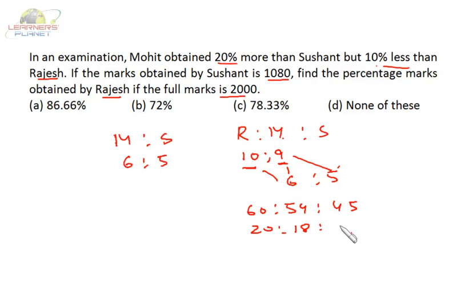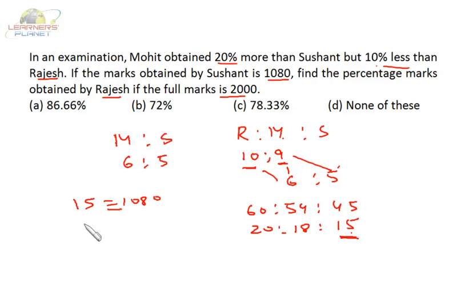18 and 15. Okay. Now, if the marks obtained by Sushant is 1080, that means 15 part. Now 15 part is 1080. We have to find out 20 part, that is the marks obtained by Rajesh. So if 15 is 1080,